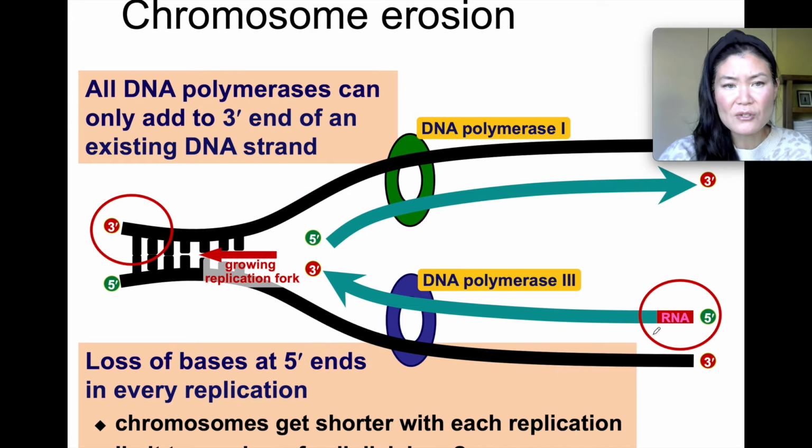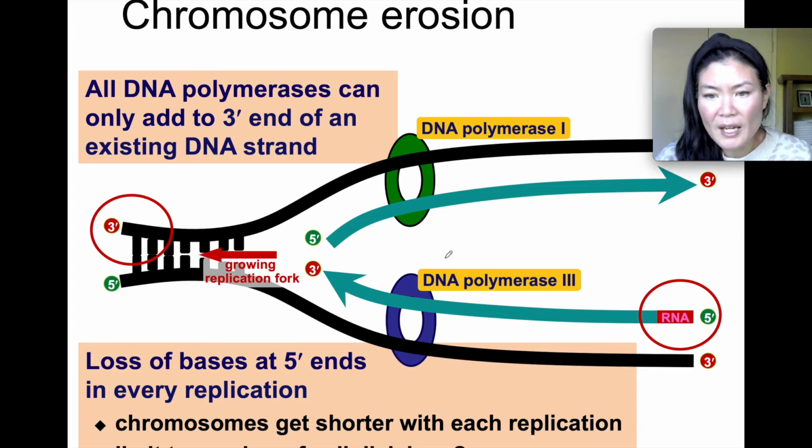So that brings us to this discussion that chromosomes will erode, chromosome erosion, because every time DNA is copied, that primer to begin with, at the end of that DNA, cannot be replaced. So all DNA polymerase can only add to the 3' end of an existing DNA strand. There's going to be a loss of bases at the 5' ends. That's the 5' end. Okay, and chromosomes get shorter with each replication,